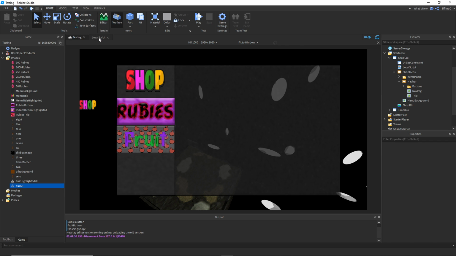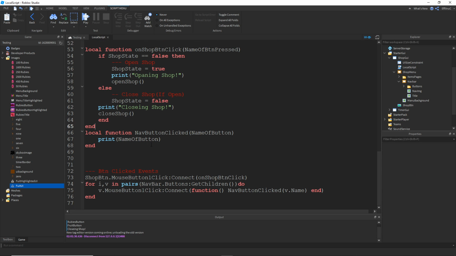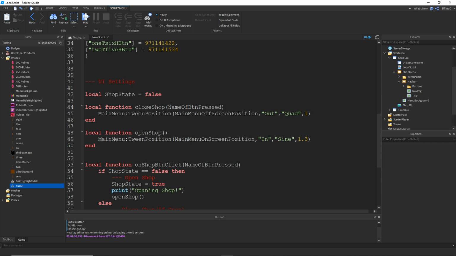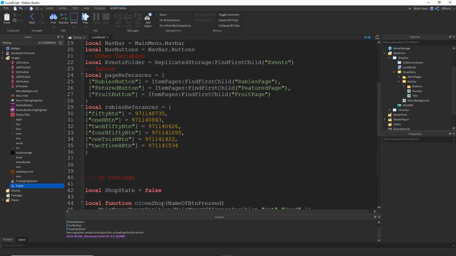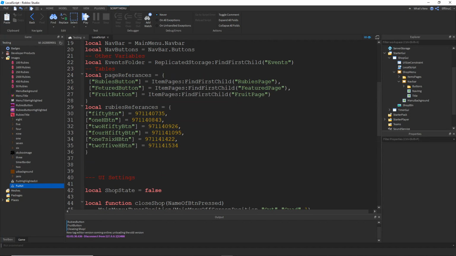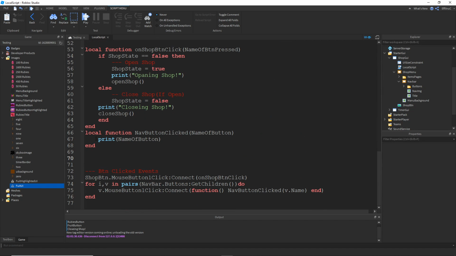Okay, so let's go ahead and, okay, so we click a button of the shop. What we want to happen is we need it to loop through our pages here and see if the name is equal to the same there. Okay. So what we're going to say is,